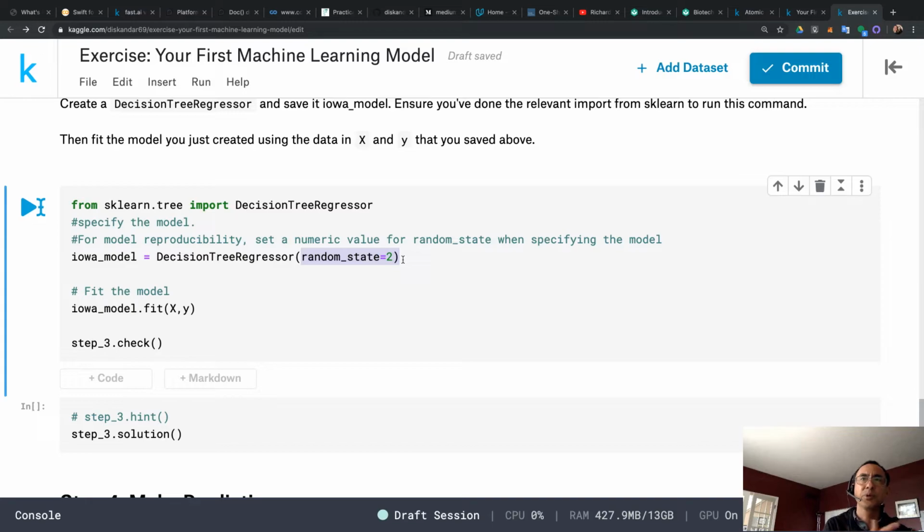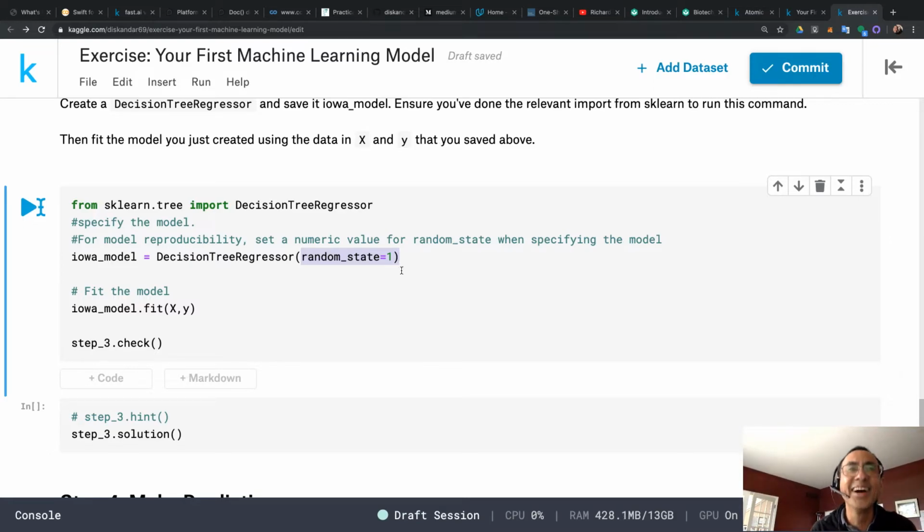Given a specific input and a specific problem, you always want to get the same output, no matter who tests the model. So in order to do that, you specify a random state, and you can specify 1, 2, 3, 4, and so on. In this case, I'm just going to use 2. It's arbitrary. You can just choose 1 if you want. It doesn't matter, but this is necessary to make it